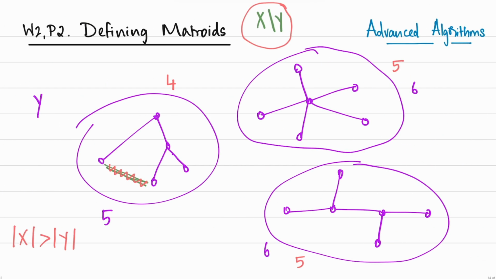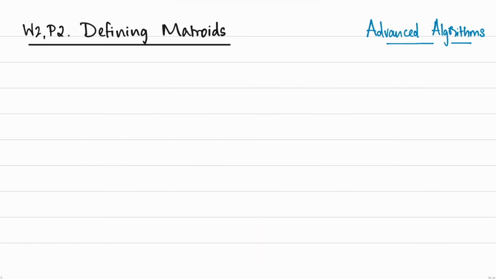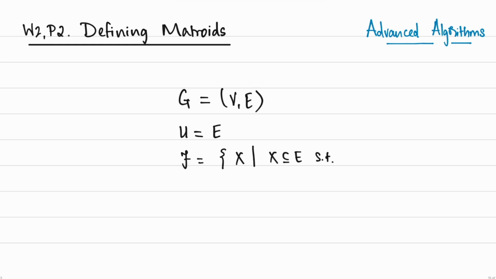But let me also give you one more example of something that is not a matroid, just so that we are careful about jumping to conclusions. Okay, so here is an example of something that looks like it may have enough structure to be a matroid, but in fact it is not. So once again, let's fix the graph. The vertex set is V and the edge set is E. And like before, let's say that the universe consists of edges, and let's say the family is subsets of edges such that